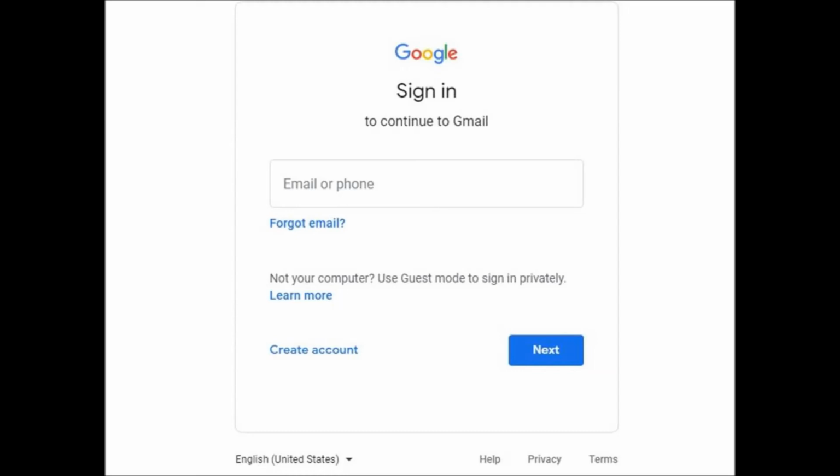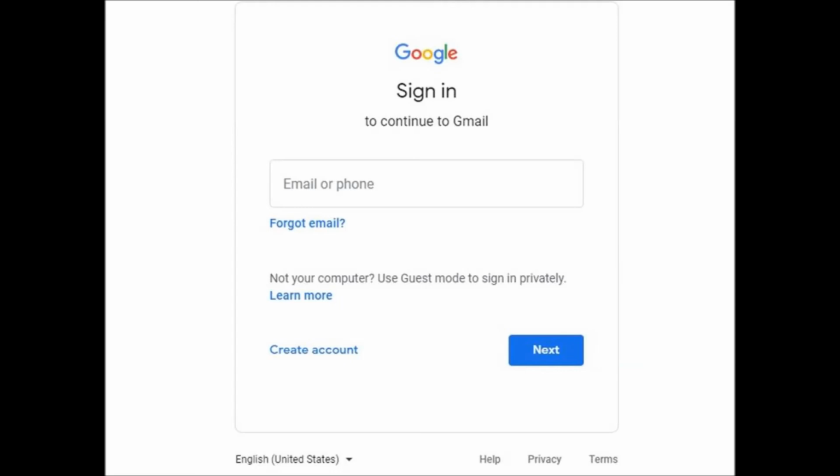Now the first thing is sign in, email or phone, forgot email. So if you already have an email account, you can directly fill the information related to your account, your email ID or phone number, and then click on next.